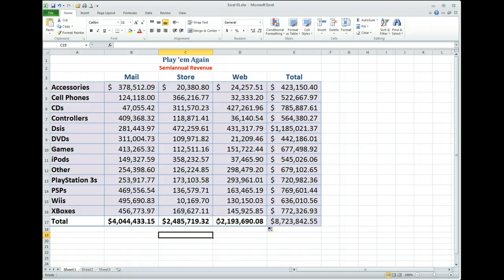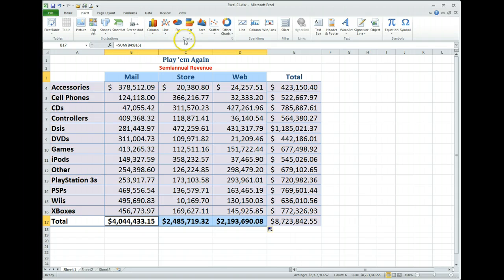I want to use the graph to figure out which one of these was their most profitable. So what we'll do is we're going to insert a chart. So let's highlight the values we're interested in, which are mail, store, and web, and then we need the totals for each of those. So I'll hold my control key, which allows me to select multiple ranges, and those are the ranges I need. So let's go to insert up here on the tabs, and we want to look in the chart area,